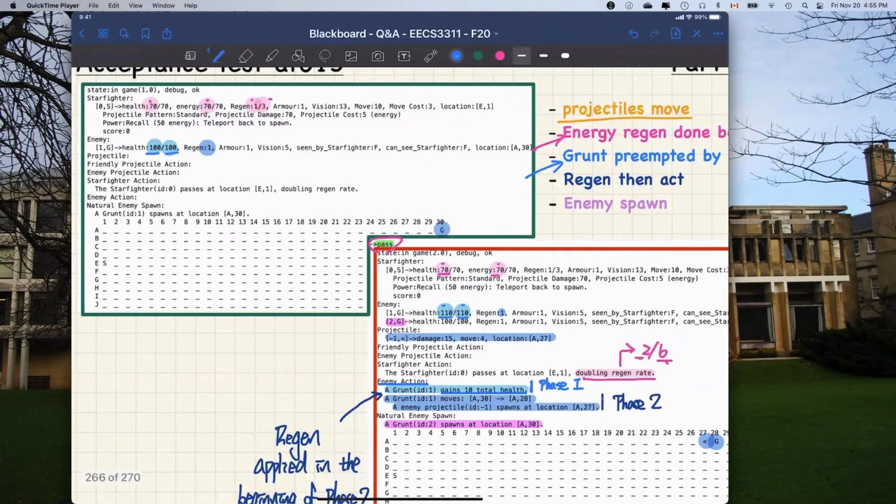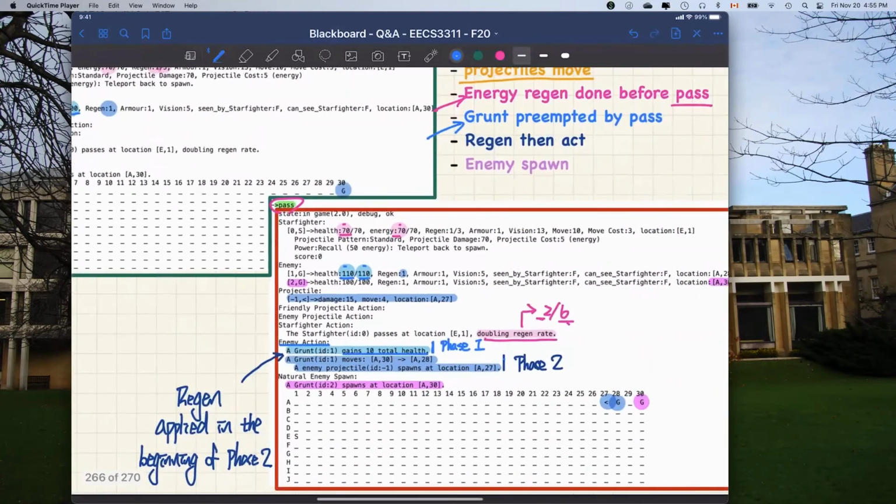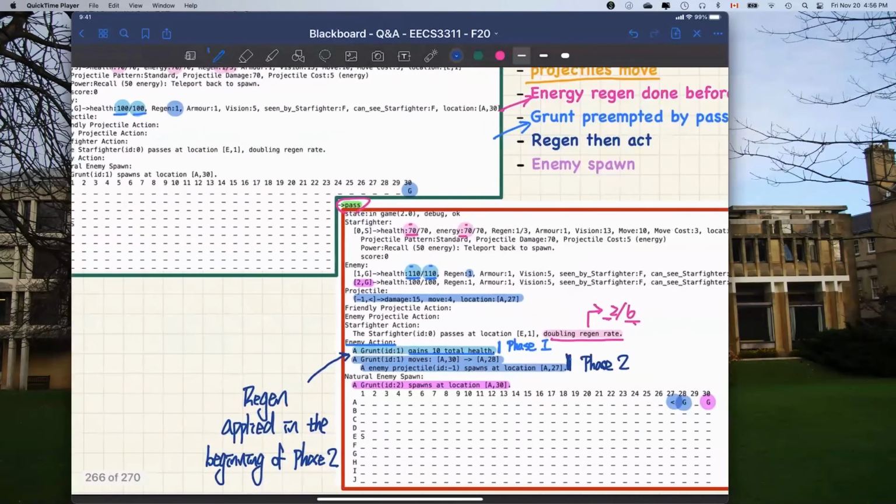Okay, number 1. And then after this particular preemptive action, because grunt is the only enemy that's on the board, we have to think about, and also it does not end the turn, so we got to do phase number 2. So now when we do phase number 2, you can think about this part over here is phase number 2. It's going to move to the left by 2 spaces. So you can think about G over here is going to move to 1 and 2. It's going to move to here and also fire a